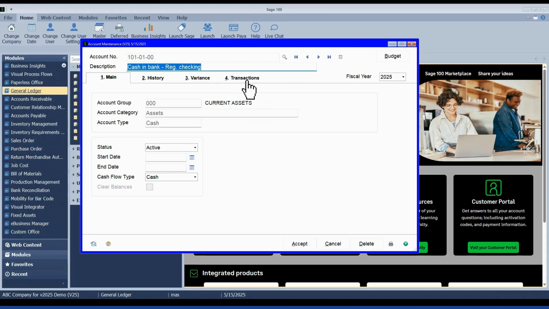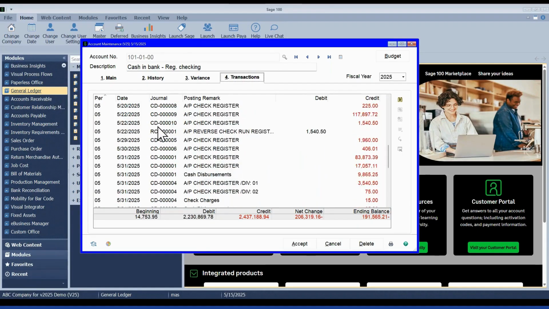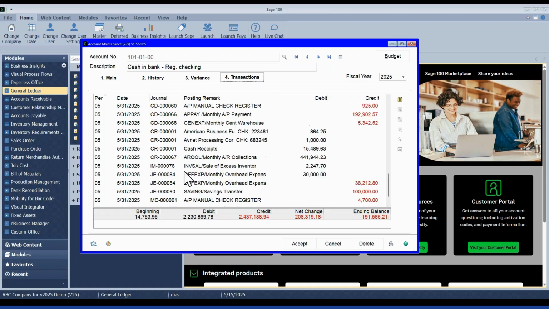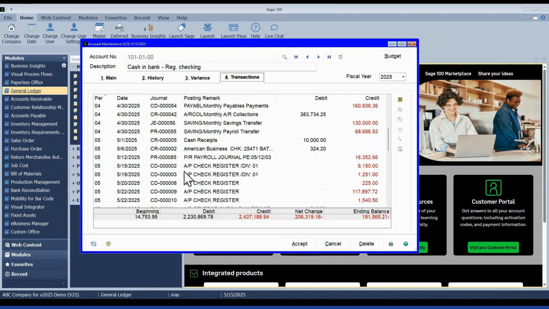But if I come over here, anyone who's using this feature now may remember this, but when you did them prior to version 2025, it would always set the reversal date to whatever your accounting date was in General Ledger. In this case, mine's set at 5/15. And almost always you were going in and changing that before posting, which is still a good idea to review. But what it will do now, let me find one in here that I can maybe play with.